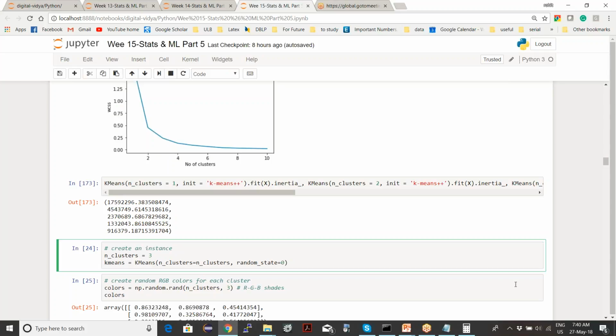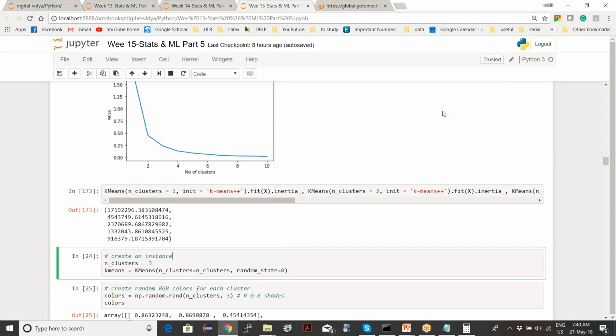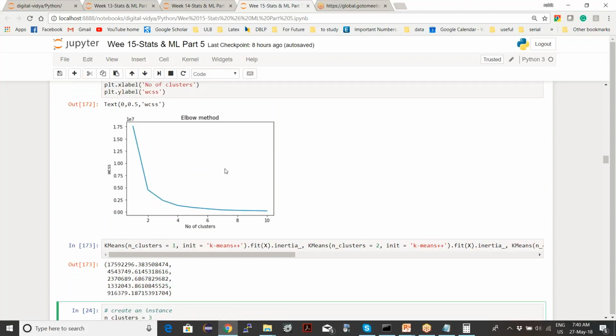Does this elbow method make sense? These are all a bit subjective. There's no right answer, because nobody knows how many groups there are. So this gives an indication of how many groups, because if you add more groups, you see there's not much difference happening.